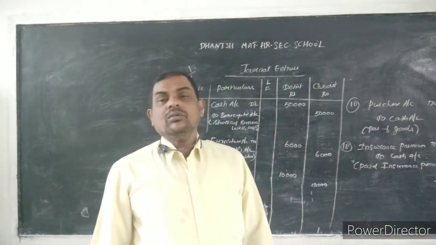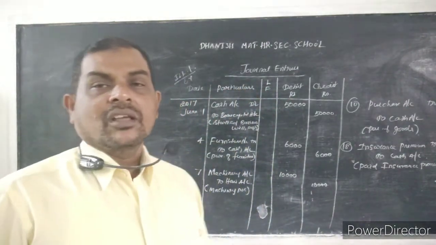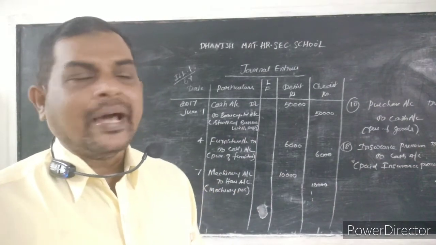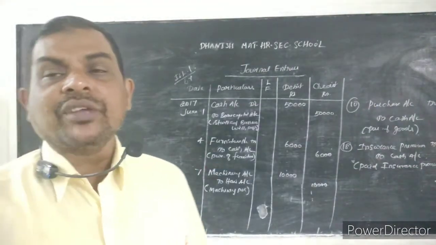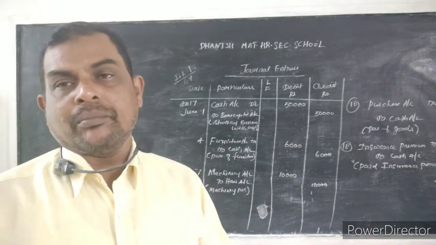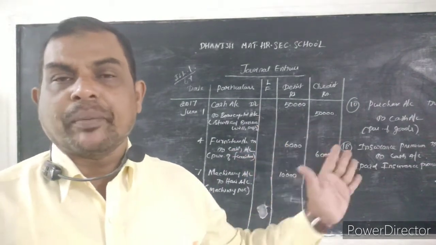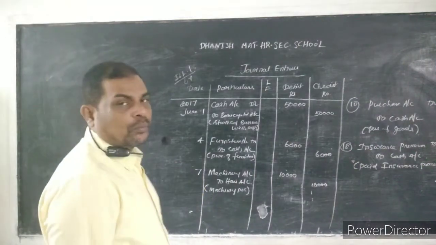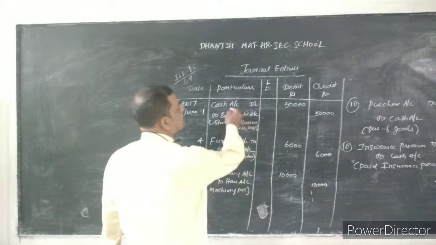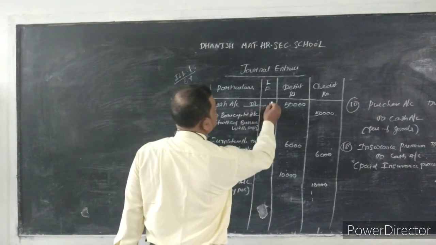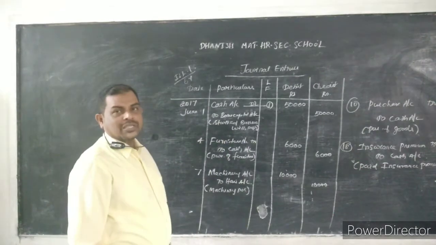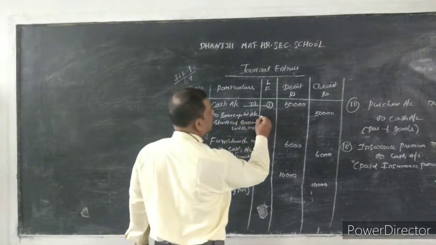Now what we have to do is first put the numbers for the ledger accounts. After finishing the journal entries, we have to put the ledger numbers. Based on the journal entries only, we are going to prepare the ledger accounts. How to put the numbers? What is the first account? First account is cash account, so you put cash account as number 1. What is the next account? Basu's capital account, so Basu's capital account is number 2.